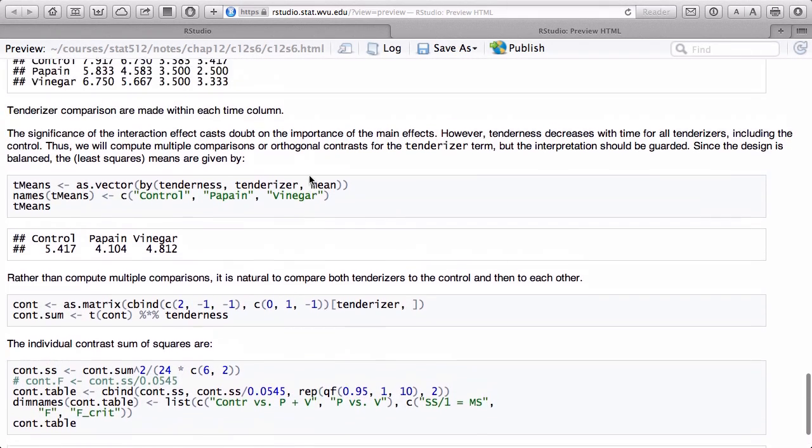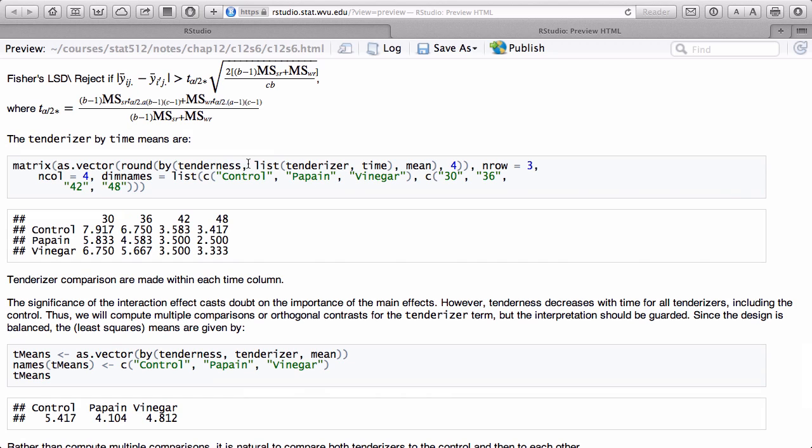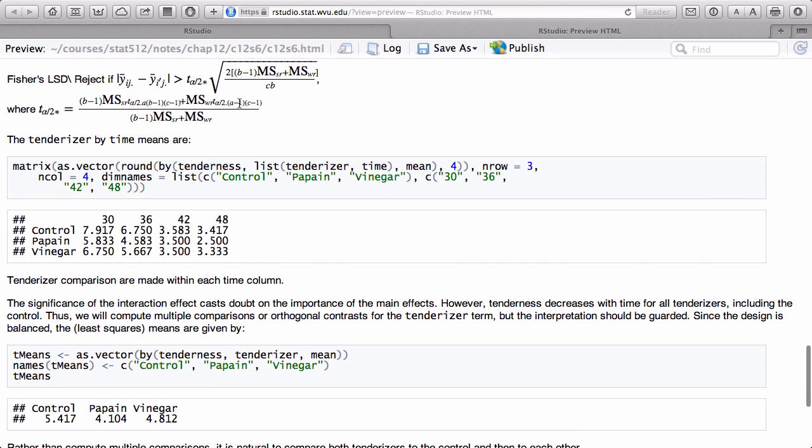I didn't actually calculate that out, but we could do it. And we could do all the comparisons. In other words, once we compute this, then we can compare all these differences for the different values of j. We get quite a few, though, because for each column, you're going to have 3 comparisons. You're going to have control to the pain, control to the vinegar, and pain to vinegar. You're going to have those 3 comparisons for each of the 4 columns, so you're going to have 3 times